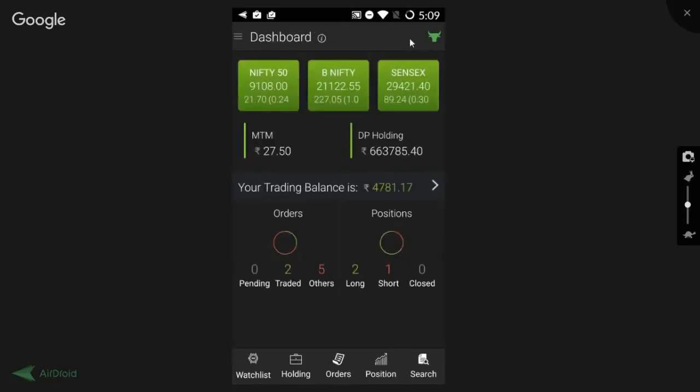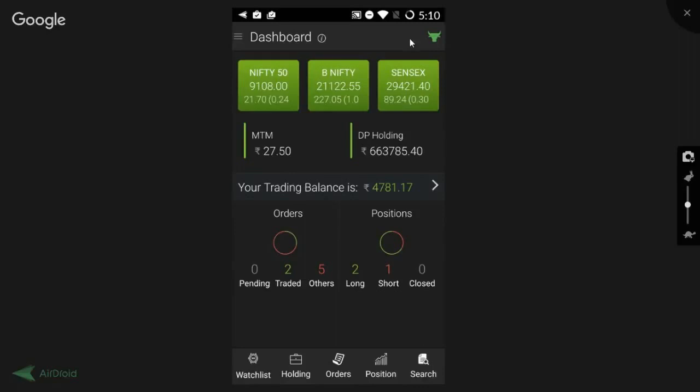So I have more queries from our clients. So Mr. Kanaya wants an explanation about absolute and tick in cover order and bracket order. So Mr. Kanaya, absolute is with the difference of 1 rupee. So supposing you have purchased it at 10 rupees, you want to square it off at 15 rupees. So the difference is 5 rupees, right? So when you place it in absolute, you will just place the difference of 5.